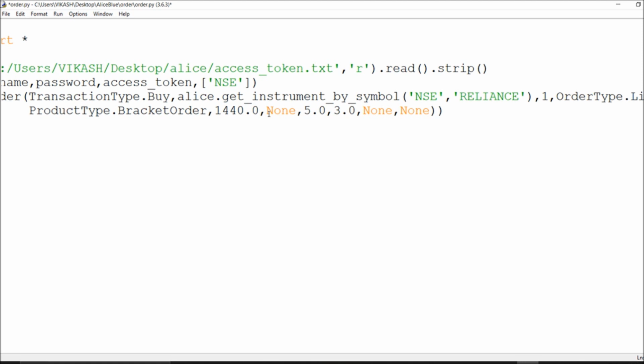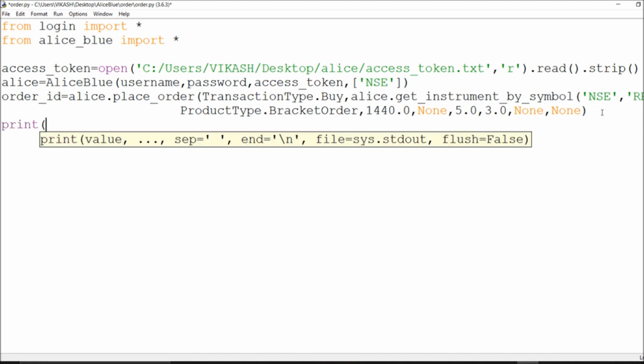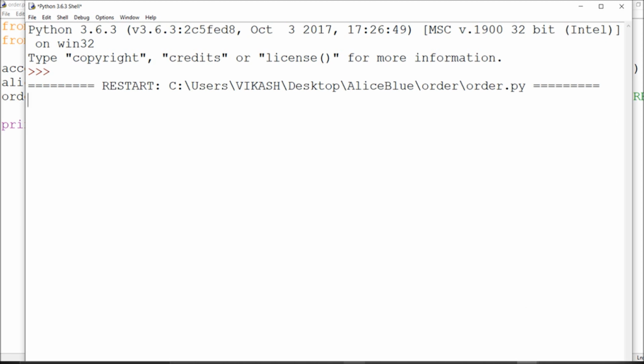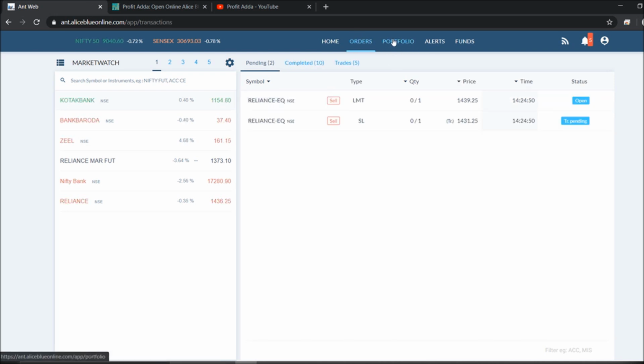Okay, so particularly I will just say and I will place the order. So I just say about this as an order ID itself. Okay, so if I just say an order ID and see to that, I got my order placed. So I will just say order ID and I will check, there is nothing going on right now. Okay, but right now it will definitely place the order. So as you can see, initially it was not there, but right now we placed an order.